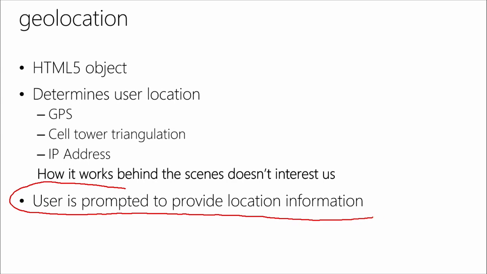All I want to do is just simply say, hey, where's the location? There it is. How it actually works behind the scenes is completely irrelevant. Now, one big thing to note here is that the user is going to be prompted to provide us that location information. And by the way, again, going all the way back to module 1 here, remember how I said